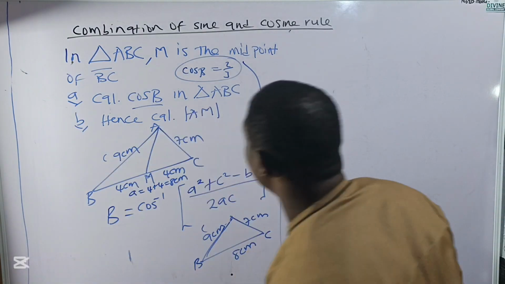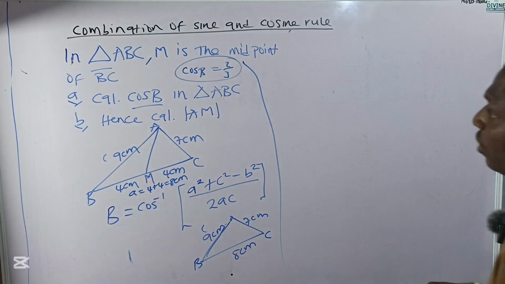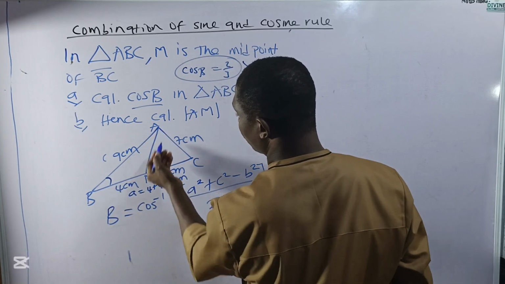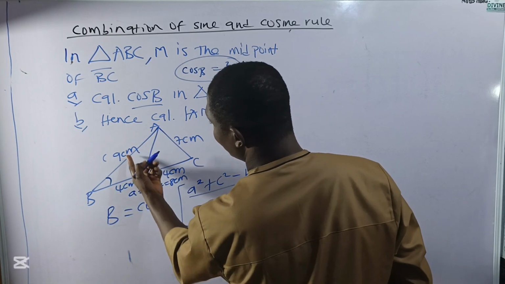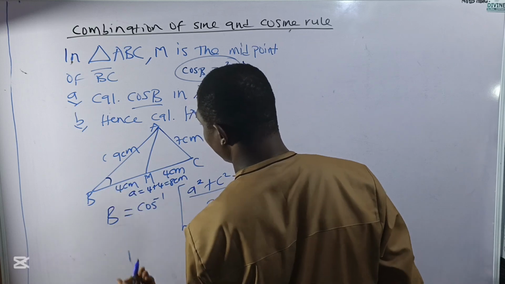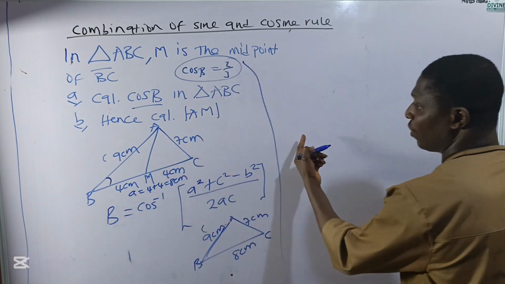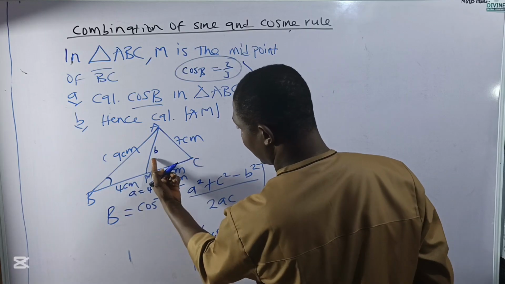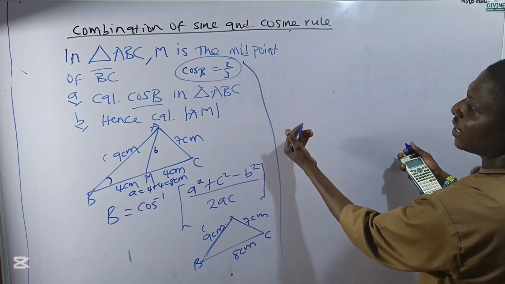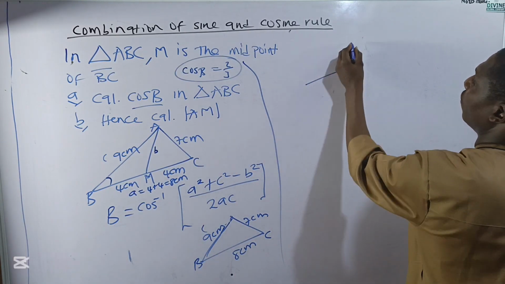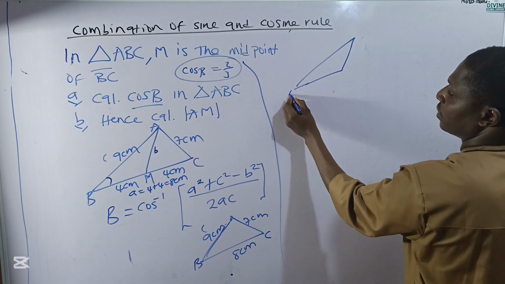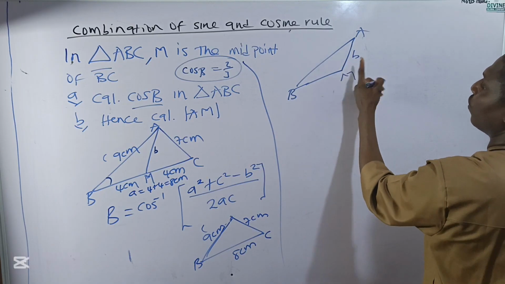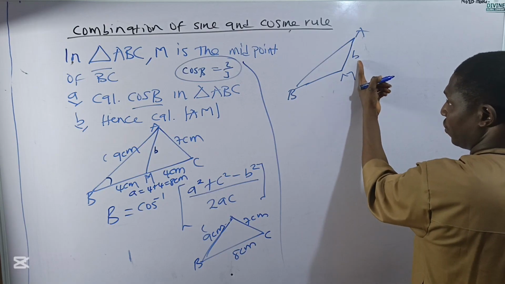Now, if we still look at this triangle, this B, we know that B relates to AM. The two sides are given, and the angle B is given, which we've solved for. So we are looking for small letter b relating to this. If we bring out this information, we are going to have something like this: this b, this m, and this A. And we are looking for AM, which corresponds to